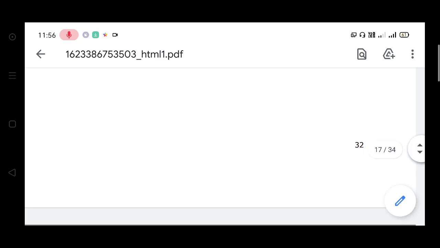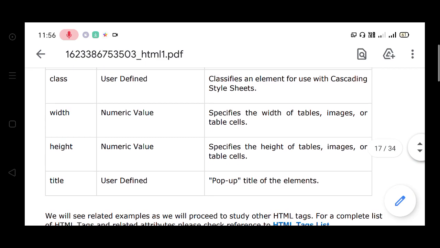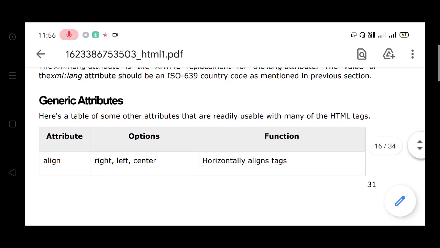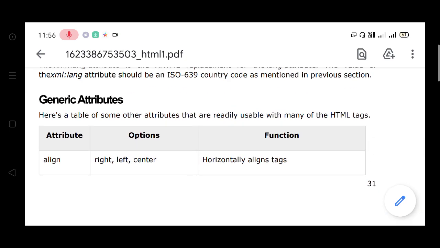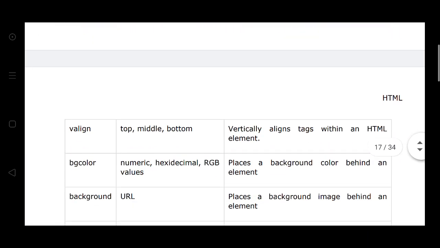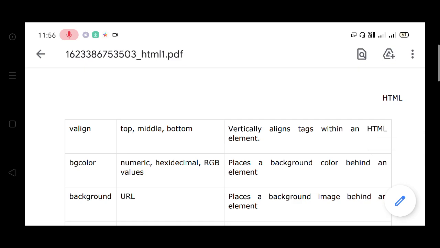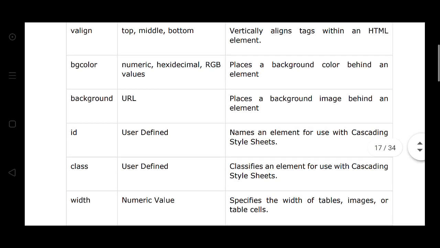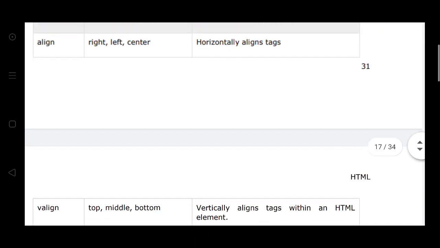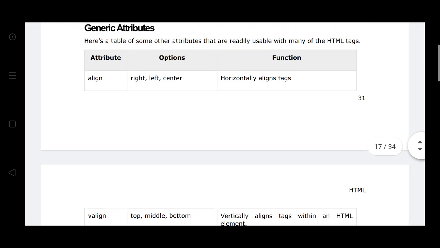Before HTML formattings, we see the generic attributes like align, vertical align, BG color, background, ID, classes, width, and height. These are very important.